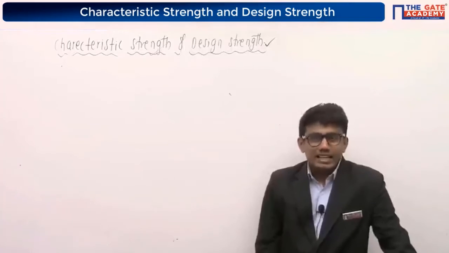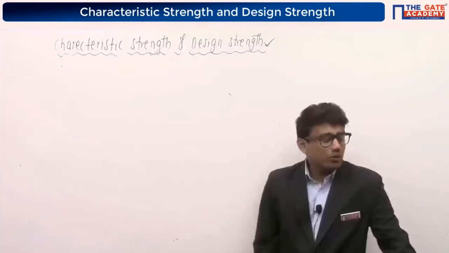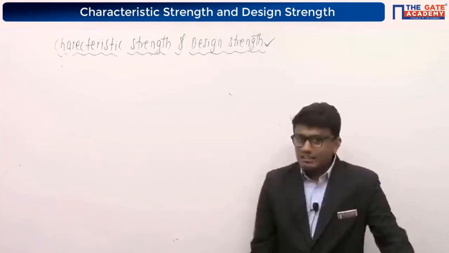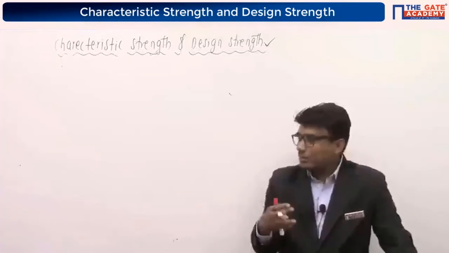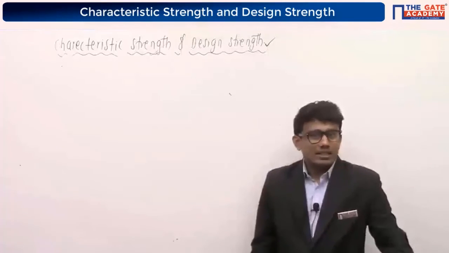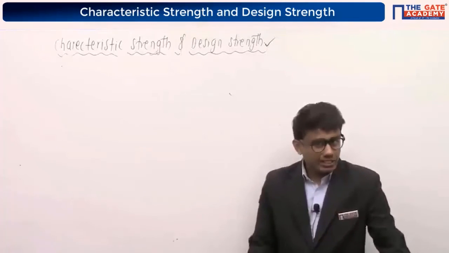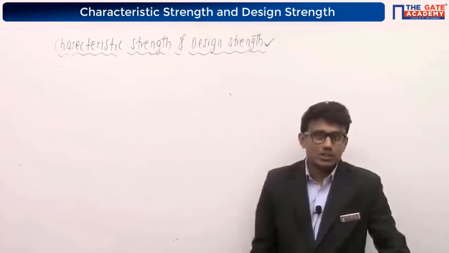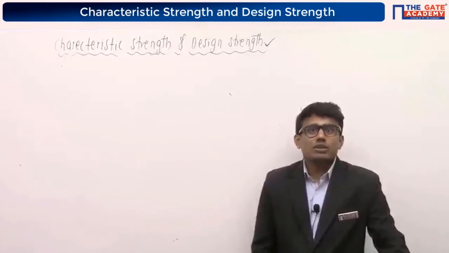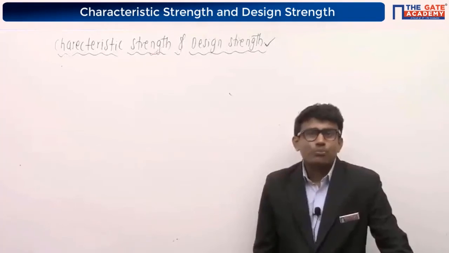Some of you are saying B, some of you are saying C, some of you are saying A. It's no issue. That means some of you are getting wrong answers. If you are giving different answers, that means some of you are giving wrong answers. As I used to say, it is completely fine. Understand what the problem is, where you are making the mistakes. Okay, Srikanth, limit state of deflection. Yes, I know.